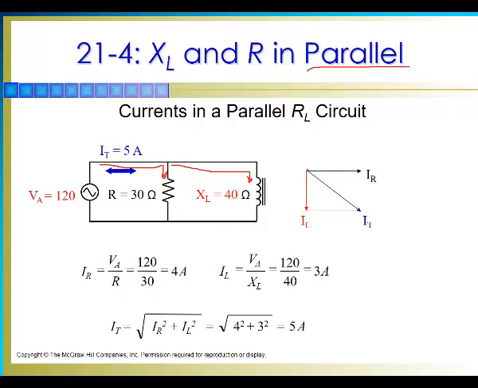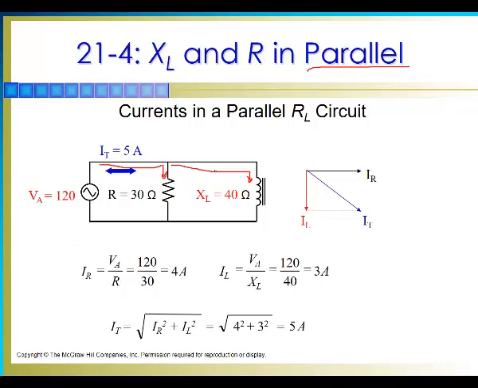So in here we have IL and IR, but in order for us to add these two phasors, we have to use the Pythagorean theorem again. So that would be the square root of IR squared plus IL squared, and that will give you, in this case, 5 amps, because we have a total of, let's see,